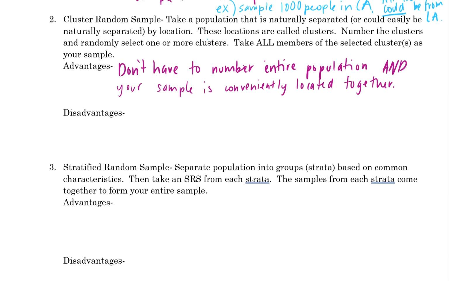Disadvantages that you may have noticed. This is only a good method if the clusters are naturally representative. So here's what I mean. If I was asking a question about, let's say I was interested in whether or not Edison students are satisfied with their physical classroom environment. So do they actually like the physical class that they're in? Are the desks comfortable? Is the AC too cold? What's going on? In that case, a cluster sample would be a really bad way to take a sample, because